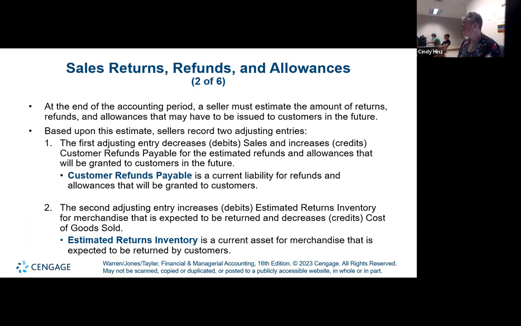Let's say, just for sake of example, it didn't say this in the exercise, but let's just pretend it said that customers could return merchandise for up to 30 days. So that means we only need to keep track of how much we sold in the past 30 days, and how much of that might possibly be returned. How would we know that? How would we know how much to expect to have returned to us? Well, we'd look at what's happened in the past. On average, I don't know, maybe 2% of our product gets returned or something like that. We're going to look at the history and base our future estimates on what's happened in the past.